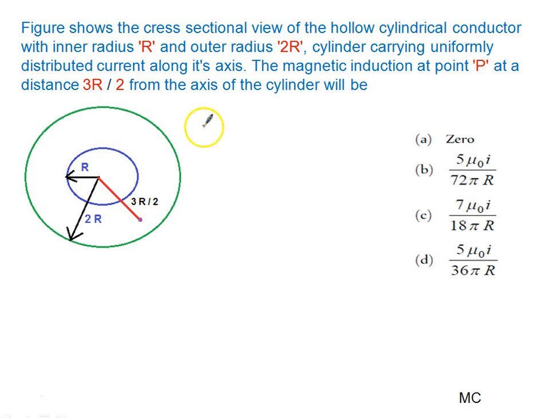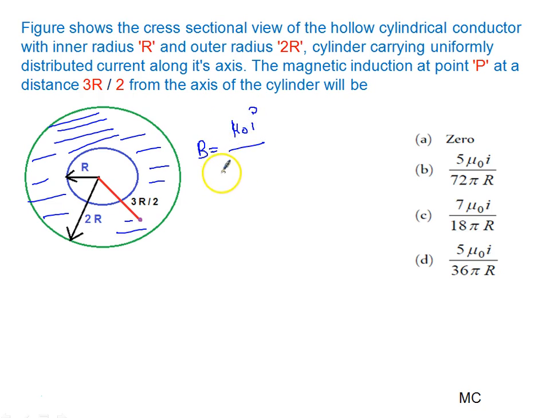So let me write the formula first. I think in this situation all of you know this is the conductor in which this part is solid and the other remaining part is hollow. So magnetic field at any point P can be written as mu naught I upon 2 pi r, and I think all of you will say it is r square minus a square upon b square minus a square, that you can learn. In this situation what is r?